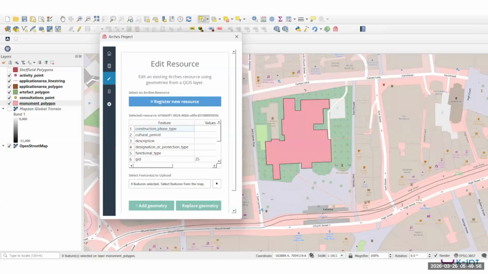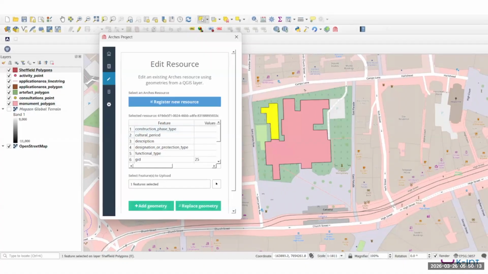And this shows that it has recognized it as an Arches resource because it's got the Arches resource instance ID, it's got tile ID, it's got nodes, etc. So I then want to select my geometry to upload to Arches. I've activated my Sheffield polygons layer on the left, and I've selected the additional bit to the cathedral. It's noticed it, it said one feature is selected, and now I hit the add geometry button, which questions me